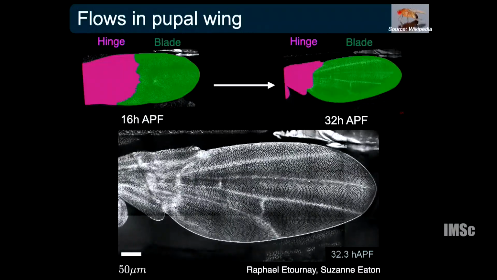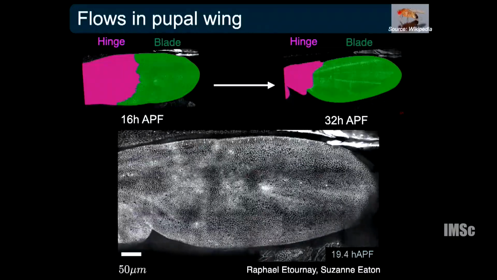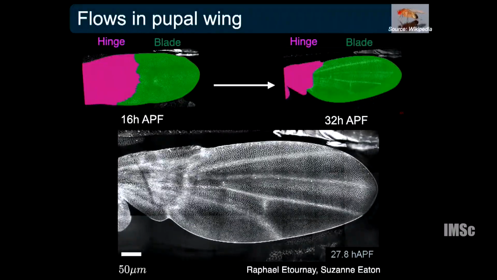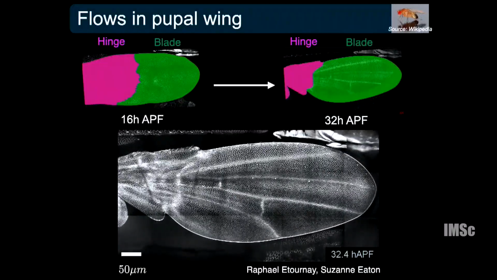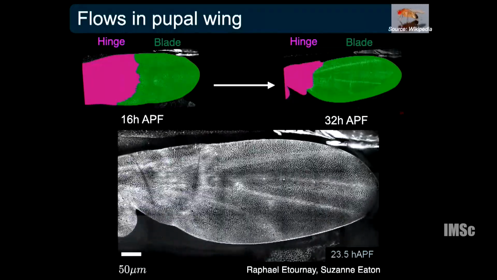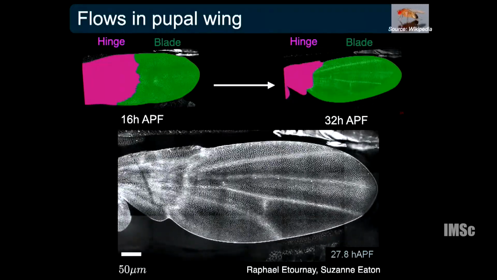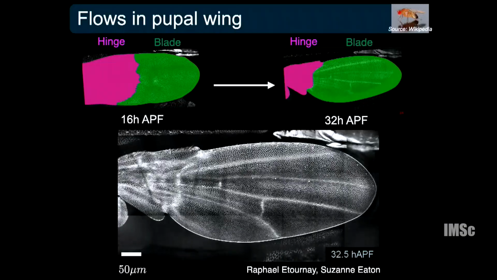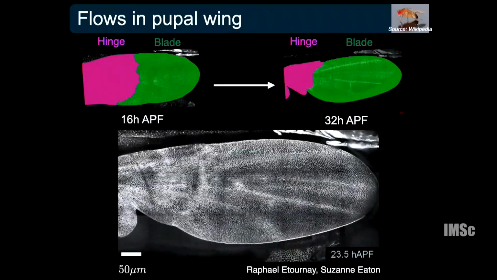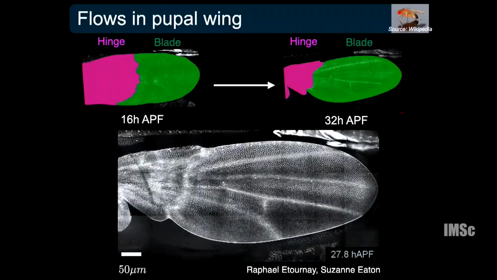There are a lot of things, and you have this formation of the veins. But now, overall, what we want to do is address a very simple question. So there is a lot of things happening here. The question we are going to address is simply, I see this shape. Can we use a very coarse-grained, simplified continuum model to understand how it will go from this shape to this